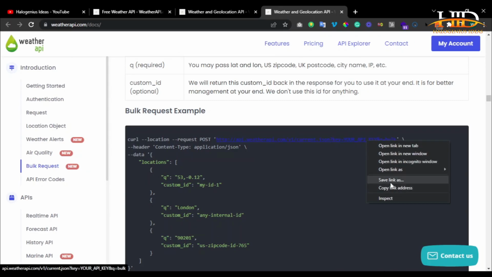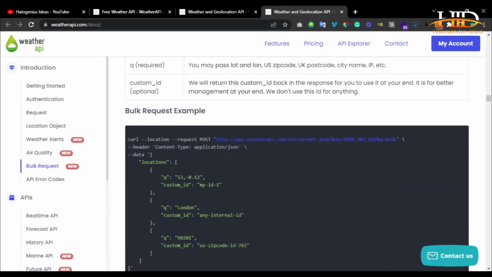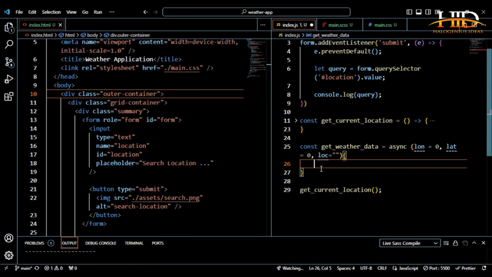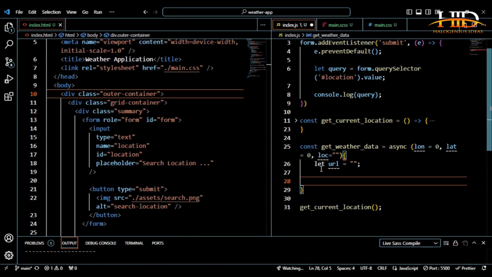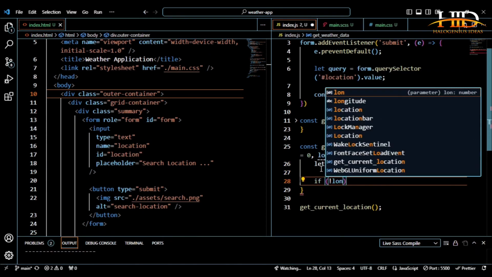So let me copy the link, then come here. You can do something like let URL equal to an empty string first. So you do a series of checks. You say if not longitude. So not longitude means that